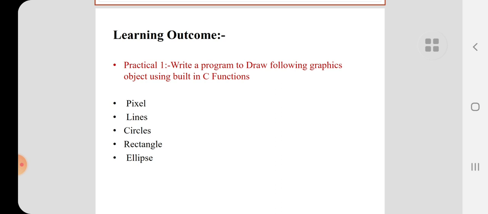In this practical we will execute the programs, and then the output will be the pixel, lines, circles, and rectangles. Five programs will be executed in this video.